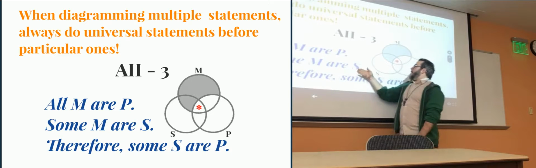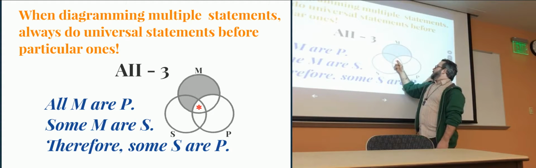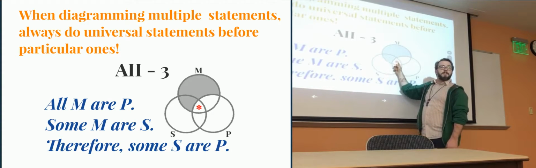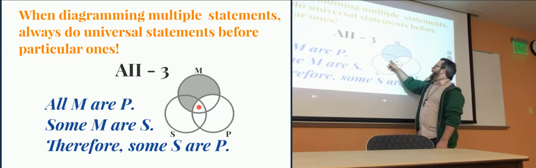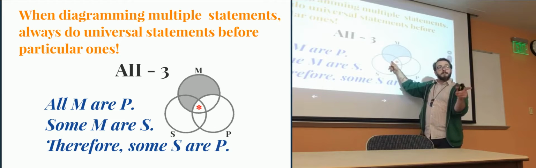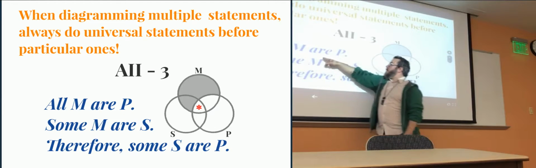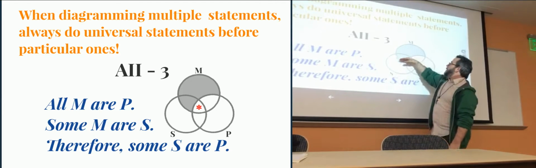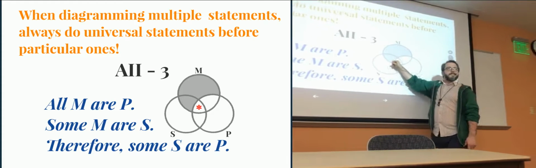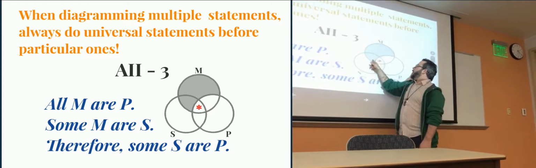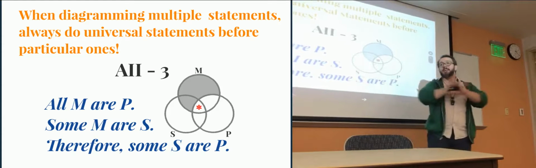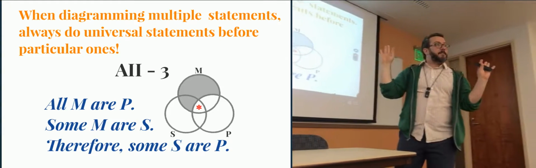These some M that are S's, are they P's? Are they not P's? Do I know? I don't know, so I would have put my X on the line. But since my all M are P statement tells me to shade this region, nope, that X doesn't go on the line. To go on the line would say I don't know if it's on this side or on this side, but when I shade this region out, I say there is nothing on that side of the line, so it's got